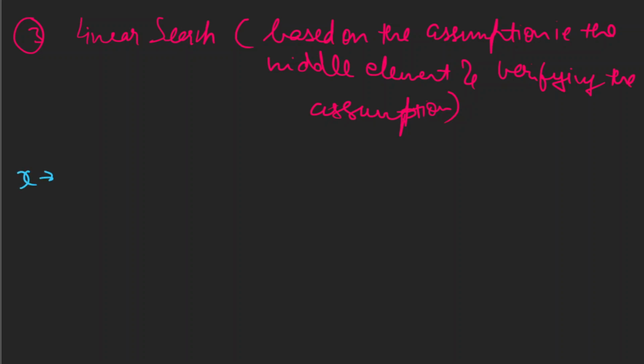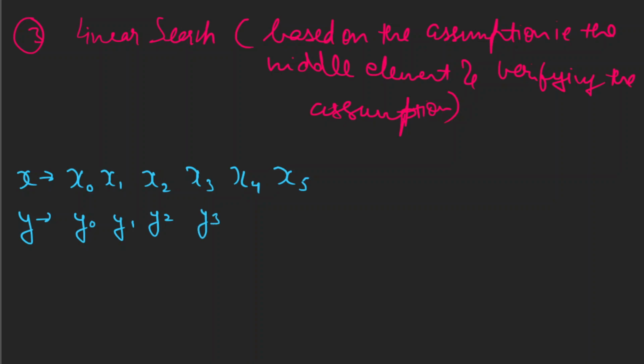So you have the X array, that is X0, X1, X2, X3, X4, X5. Okay, so now you have 6 elements in the X array, and then you have the Y array, that is Y0, Y1, Y2, Y3, Y4, Y5, Y6, and Y7. Now, first of all, the observation for why you come up with a linear solution. So the thought process,